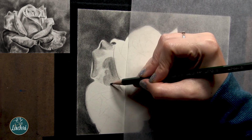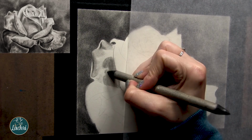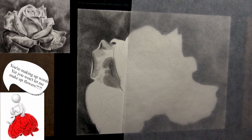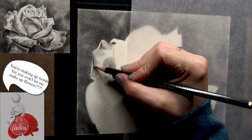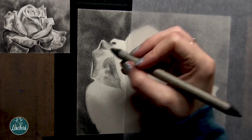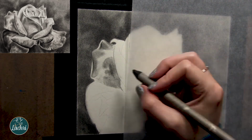And taking that kneaded eraser, all I have to do is just touch it. Push it against the paper. Don't squiggle it side to side. Squiggle, is that even a word? I don't think it's a word. But don't rub it side to side. Just dab it on there and you will lightly lift stuff up just like that. Just see how I got this nice mottled look? I got this texture that